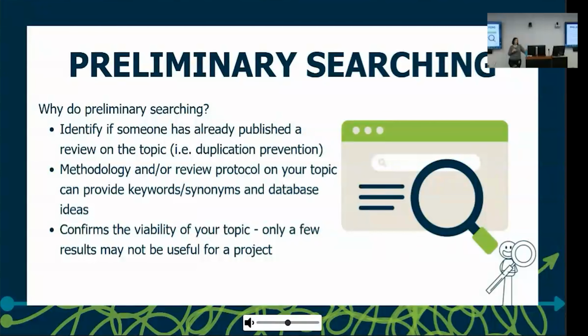Okay. Thank you. Absolutely. All right, so for preliminary searching, you're going to want to identify if somebody has already published a review on your topic. And when we talk about reviews, we're really not talking about that low-level literature review. We're talking about these higher level, at the top of the evidence pyramid: meta-analysis, systematic reviews, rapid reviews, scoping reviews, okay? So you will want to see if somebody has published a review on your topic to prevent